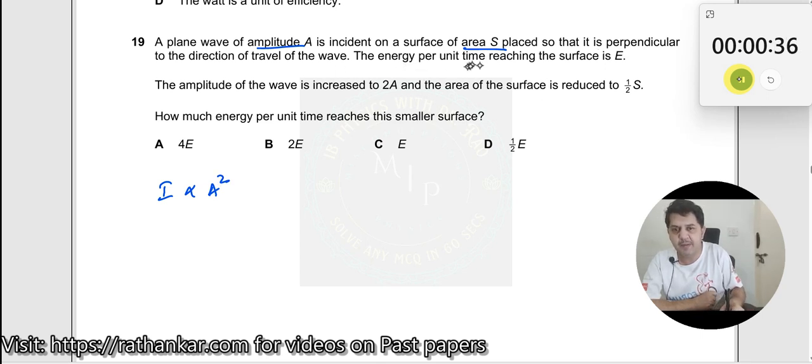On the surface of area S, it's perpendicular. Okay, the energy per unit time is what? Power reaching the surface, E. So instead of giving the letter P here, E is given here. Now the amplitude of the wave is increased to 2A, and the area of the surface is reduced to